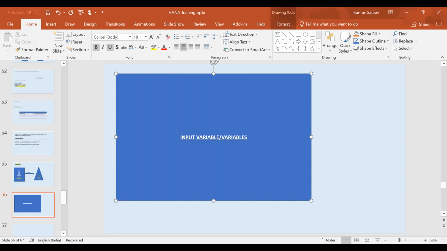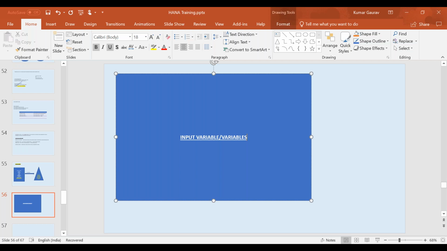So in BEx queries also we used to create some variables on company code and the fiscal year and period. So we used to give the users the option that whatever you want to select, you select. For example, if the user selects C001 as a company, then the user should only be able to see the C001 company code data.